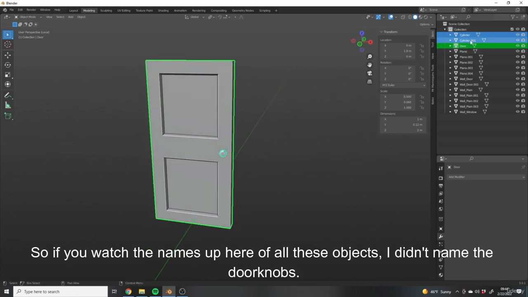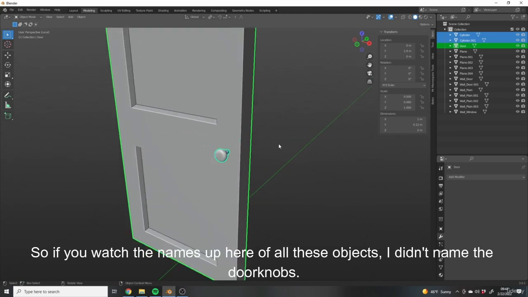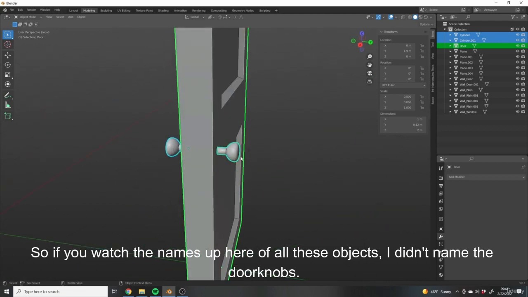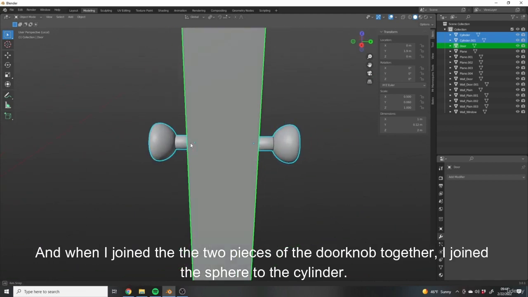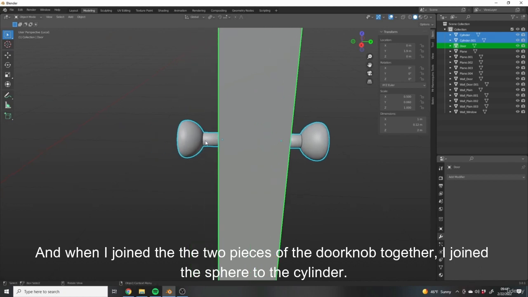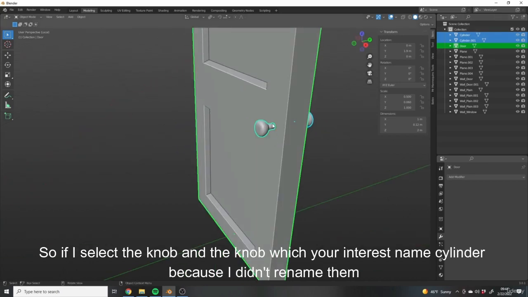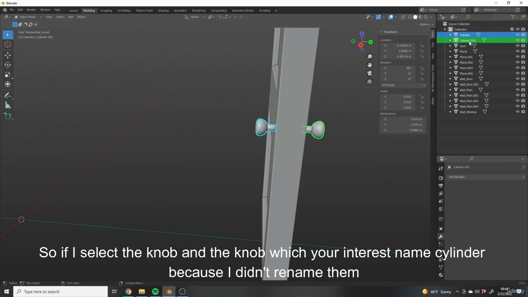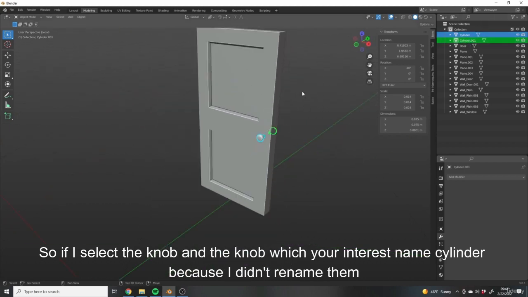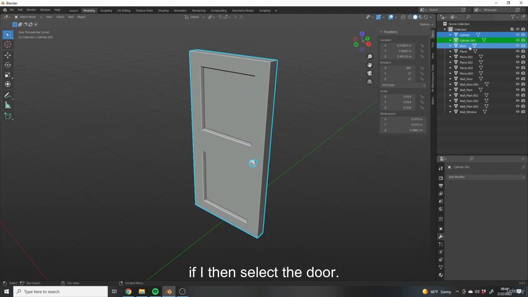So if you watch the names up here of all these objects, I didn't name the doorknobs, and when I joined the two pieces of the doorknob together, I joined the sphere to the cylinder so it maintains the name of your active selection. So if I select the knob and the knob, which are just named cylinder, because I didn't rename them, if I then select the door,